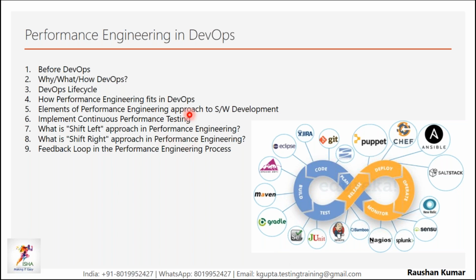Based on container and Docker technology, there is no dependency on the developer side. Mostly in Agile, what we complain about is that the application is not deployed well, but with the coming of Docker, these environment issues will go away, and we can automate things. So we need to increase our domain to DevOps also. Automation is the next thing we need to learn, and we can come up with some tools.